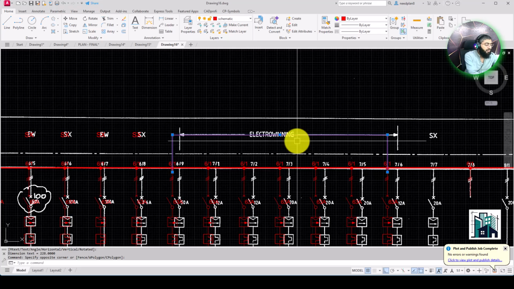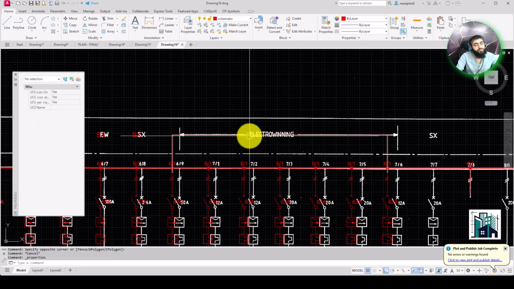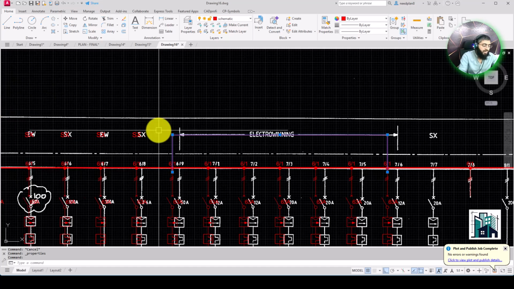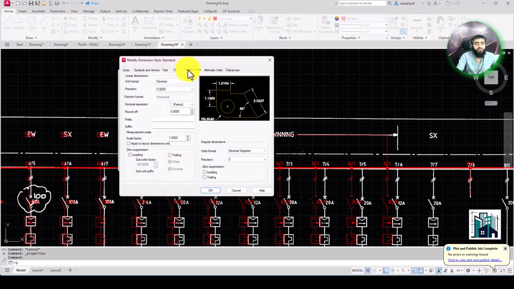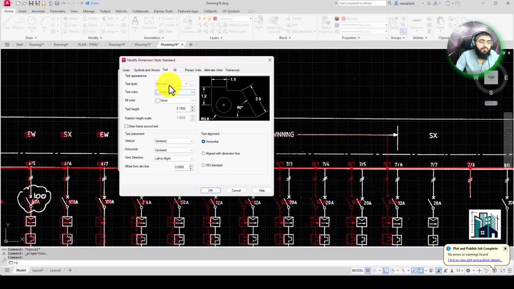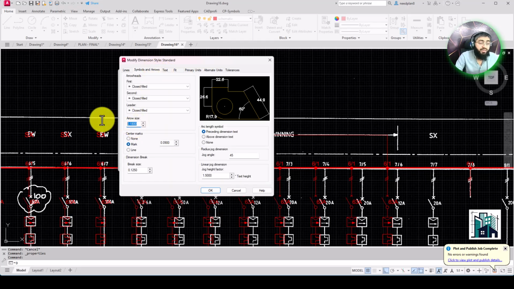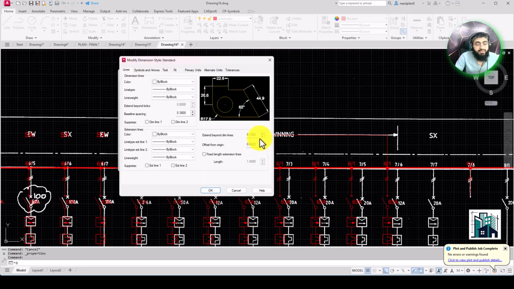So how can you make this bigger? You just have to press Ctrl+1 to go to the Properties palette, or just enter D, and change this like Standard, and then Modify, and then go to Text and Primary Units and select this. Then you will have to increase the size of the text to 4, and then come here and select 4, and the line should be 4,